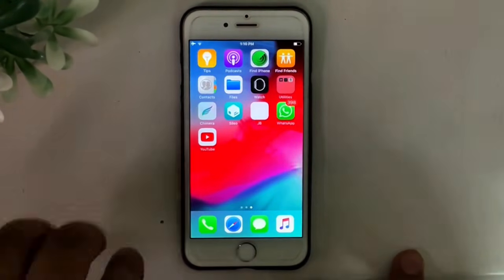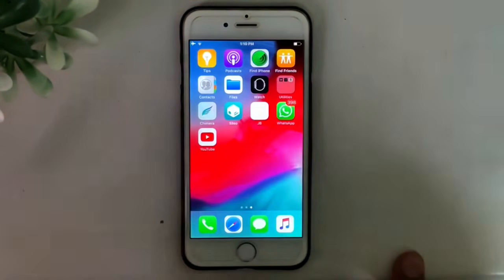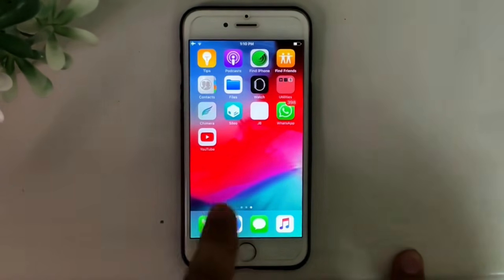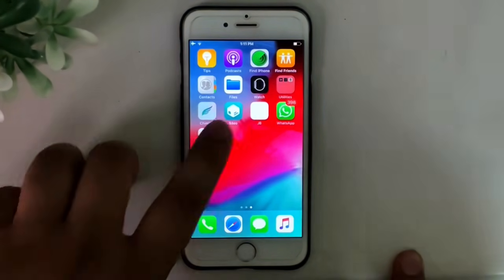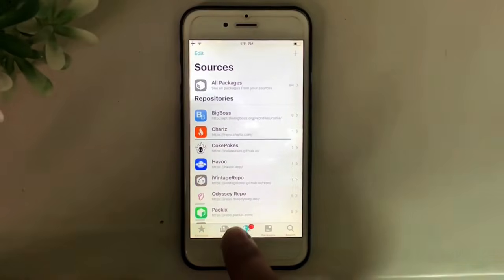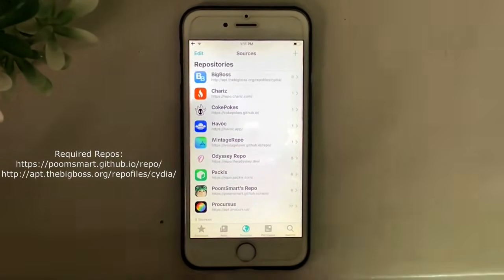So if you are watching this video for the very first time and you want to fix YouTube, you will have to jailbreak your device. The jailbreak guide is in the description for you. Simply jailbreak it and you will get Cydia. Simply open the Cydia app and then head to sources. From there, first of all, install or add the